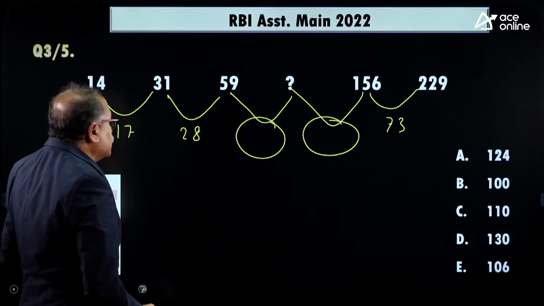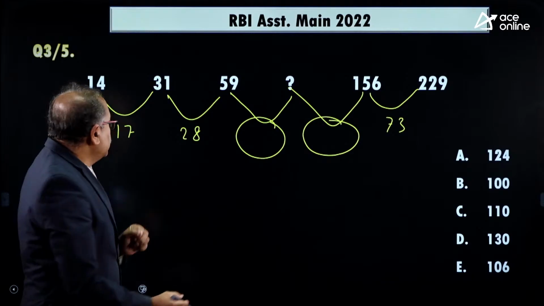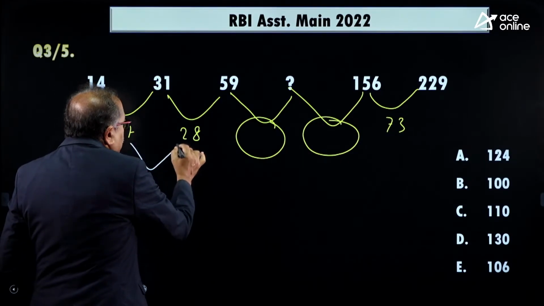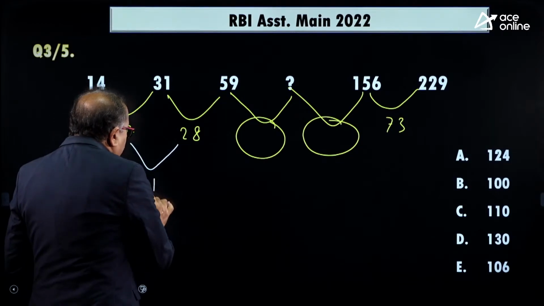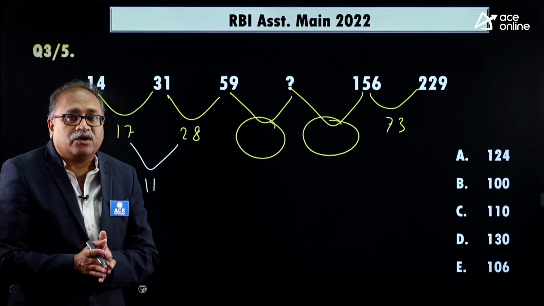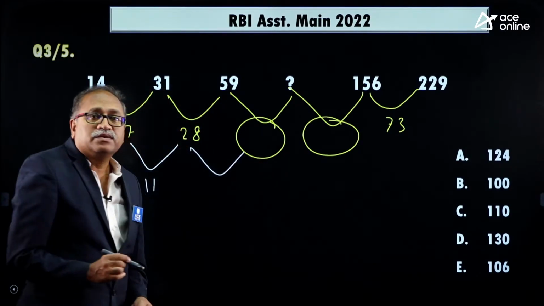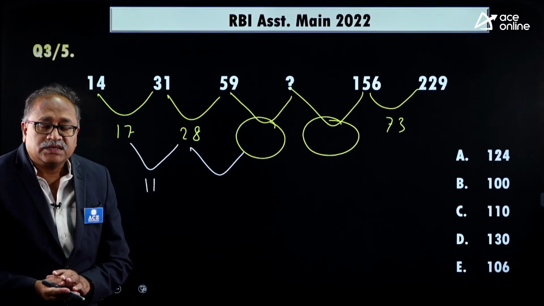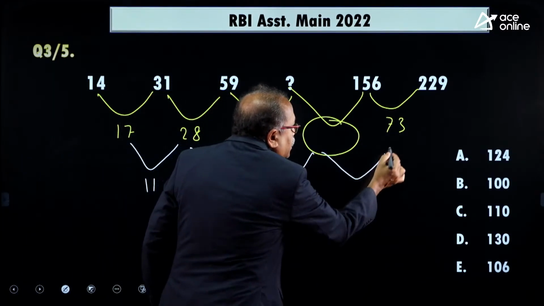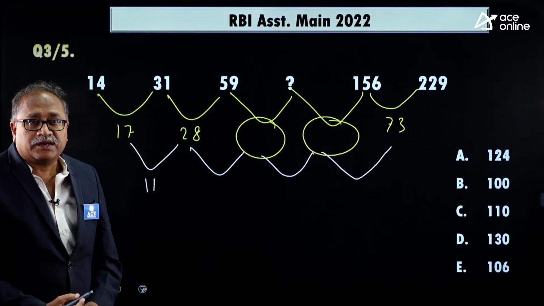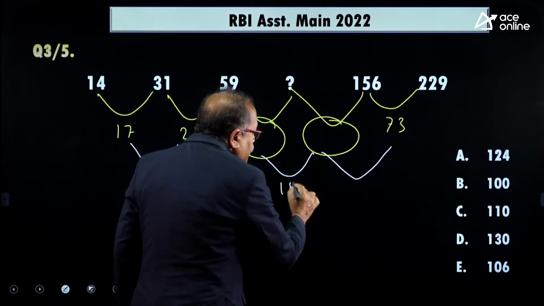Let us take the second row, that means difference of difference. So, I notice that what is the difference over here? The difference is 11. Okay. The 11 is a prime number, 11 is an odd number also. So, I will try with the odd number first, and if the odd number fails, then I will move on to the prime number. So, from here to here, from here to here, and from here to here I will try to connect it. So, the next odd number is 13, the next odd number is 15, the next odd number is